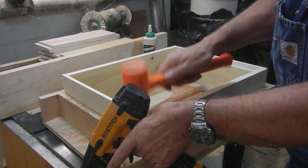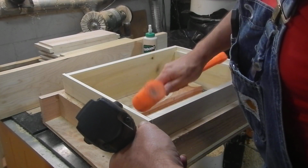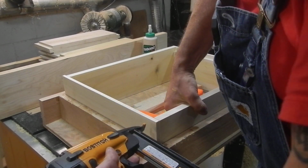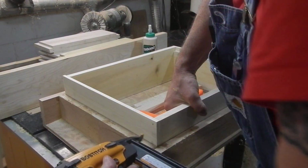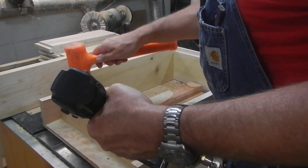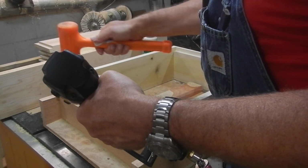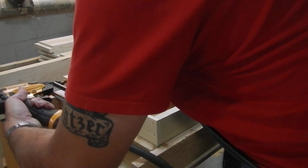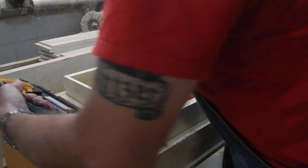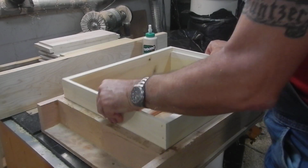And if your board's sitting a little high, just tap it, like so. And this is a shallow we're building. This jig will work with deeps, mediums, or shallows, any size. So once you've got two nails on each side,